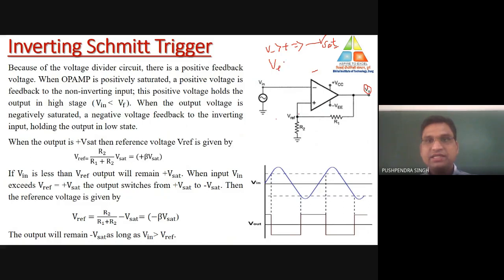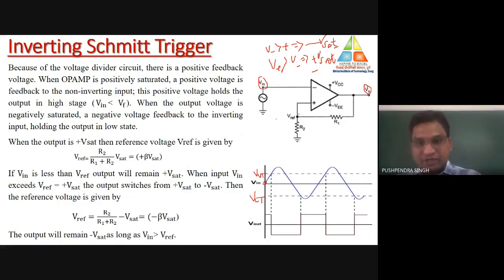And if V plus is greater than V minus, the output will be at positive saturation voltage. So whichever input terminal voltage is higher, that same saturation voltage you will get at the output terminal of the Schmitt trigger circuit. The input signal is applied at the inverting terminal of the op-amp. Let us start from here. When the input voltage is 0, what is the value of the upper triggering point? These are the triggering points: this is the value of VUT, and this one is the value of VLT.